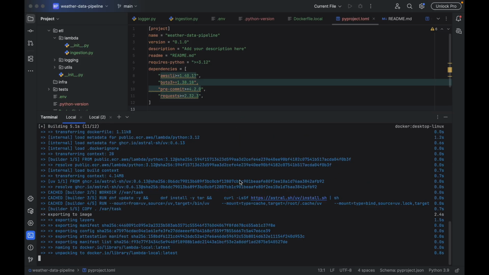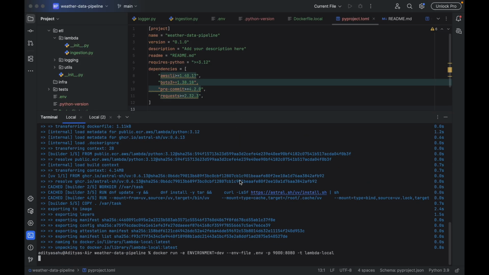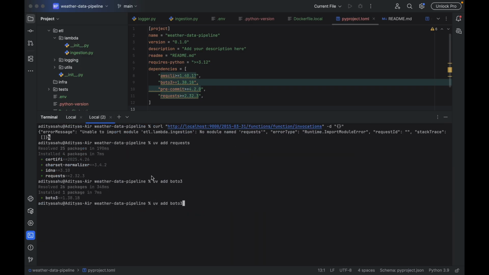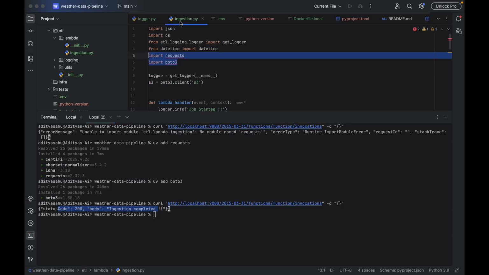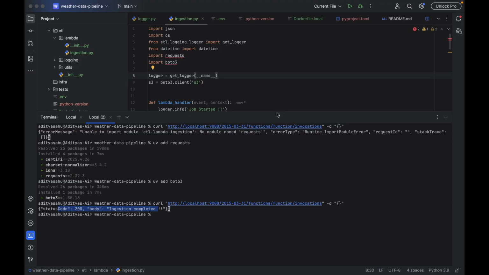Let's build it again and run it again. And now let's see if it complains still. Okay, it did not complain. Status 200, body: ingestion completed. So this works absolutely fine. All good. We're actually going to take a look at this data on S3 in just a moment, but before that,